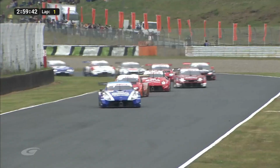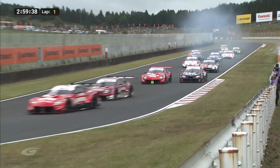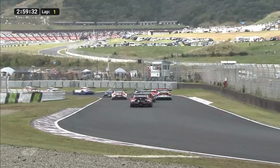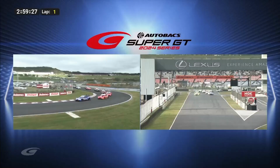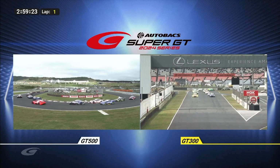A great start from Nido Fukuzumi as the GT500 field works its way through. They're still warming up tyres. That is the real racing Honda of Kudo Sekiguchi, still there in fourth position. Couple of shuffles of the deck already. Boy getting a bad start for once, down to 12. Suda already struggling. You can tell Nirei Fukuzumi is all over his tail as the field rounds the hairpin for